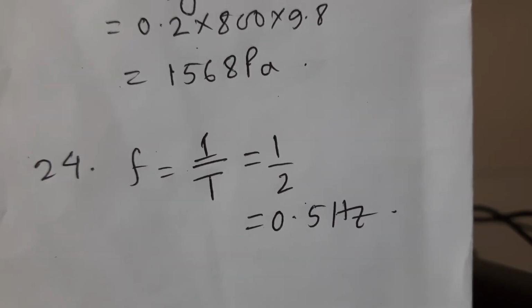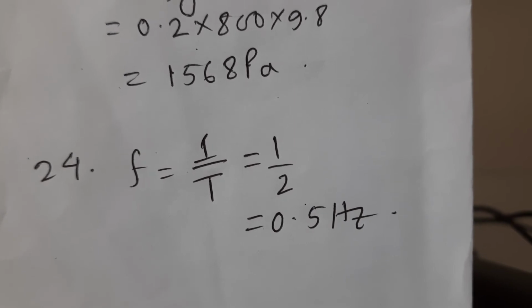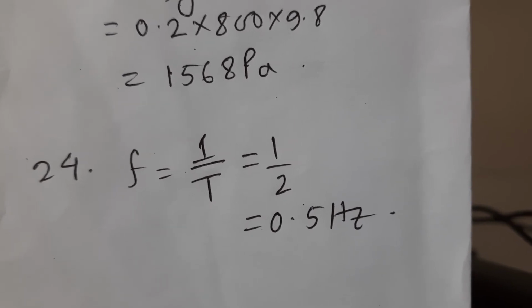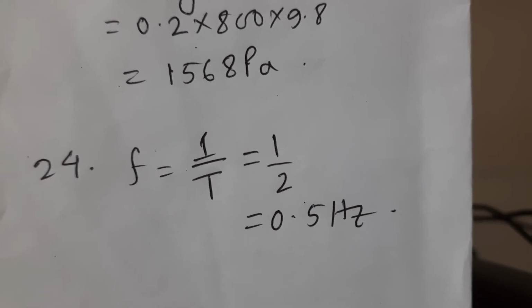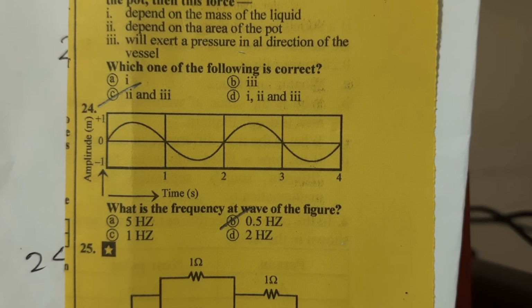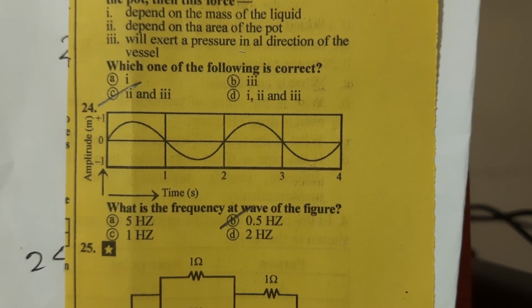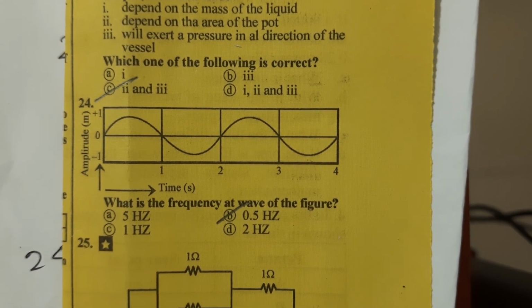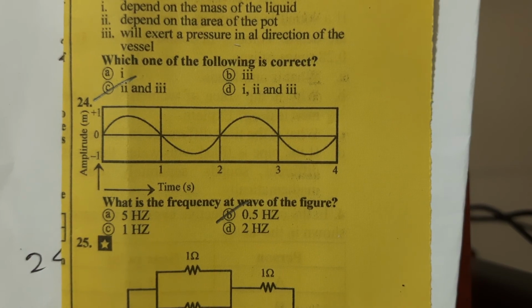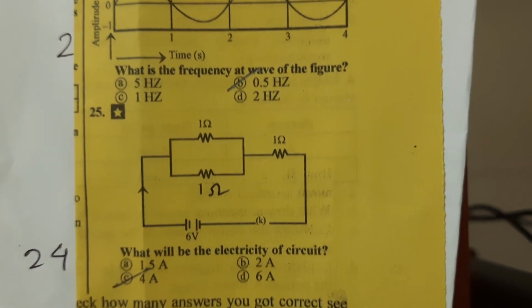So the frequency, we know that frequency f equal to 1 by capital T, the time period. So putting the value of this time period, we get frequency f equal to 0.5 Hz. So the answer for question number 24 is 0.5 Hz, option B. Okay. Our last question,